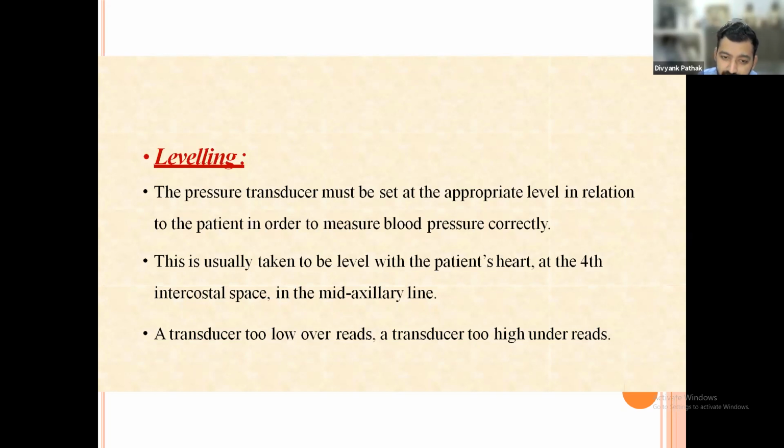Now this is usually taken to be level with the patient's heart, because we are measuring the blood pressure. So the point is the center point of the heart, which is the point at which the leveling has to be done, at which the transducer or the three-way has to be put